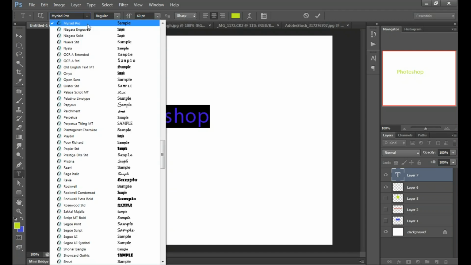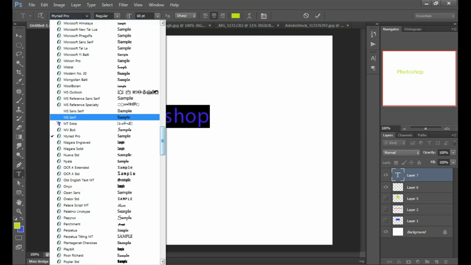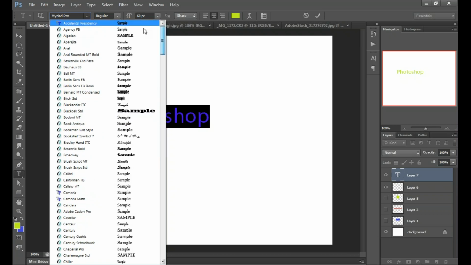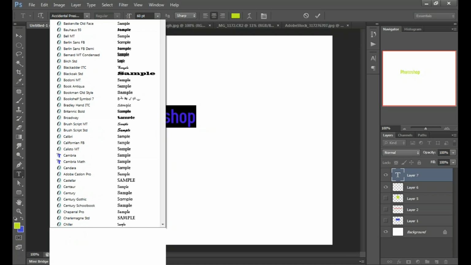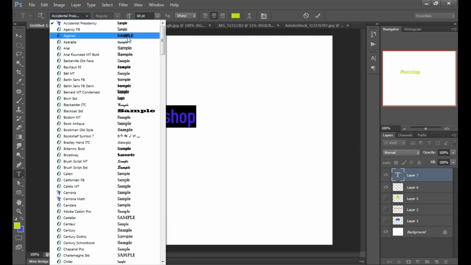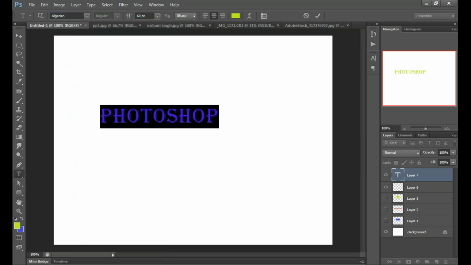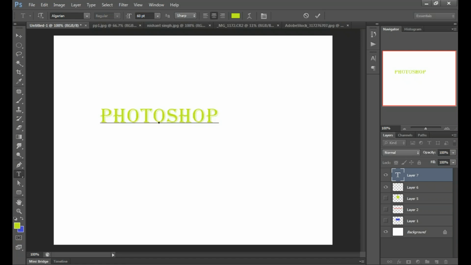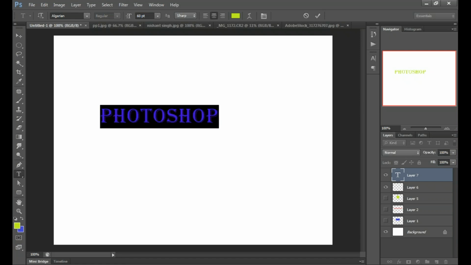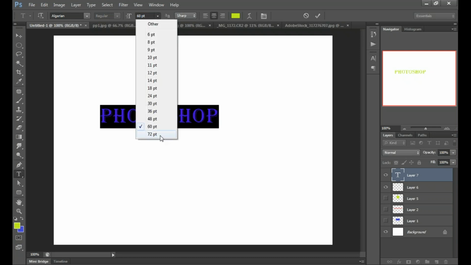As I'm going to select a different font, I choose this, or I can choose another one. That one. Now I'm going to change the size. Please, before changing anything, you have to select this text. Select the text and change the size.